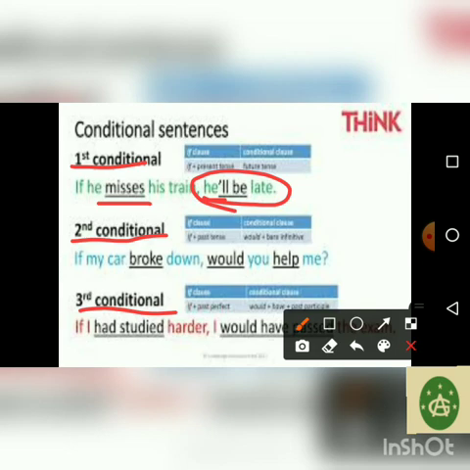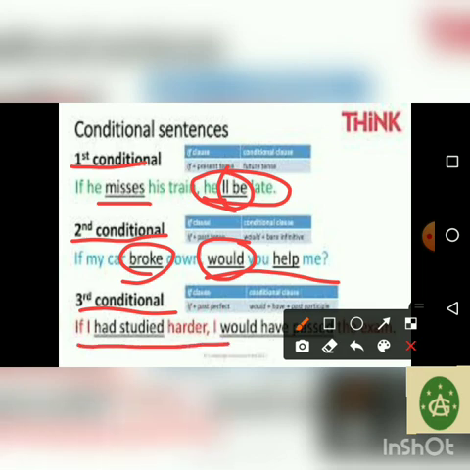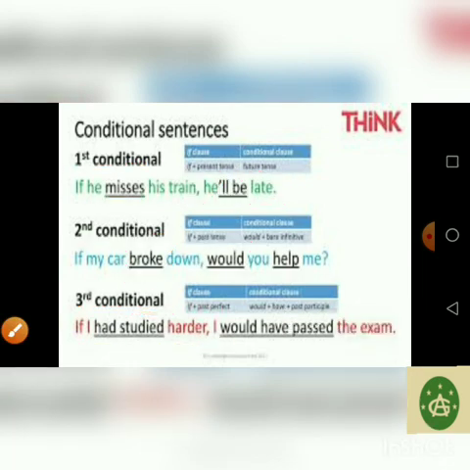In the second conditional, past tense is used. If my car broke down, would you help me? The word "would" will be there, the past form. Over here it was "will," now it is "would." Then the third conditional sentence: if I had studied harder, I would have passed the exams. Okay. Now again the probabilities have changed, which we are going to discuss later when we discuss them